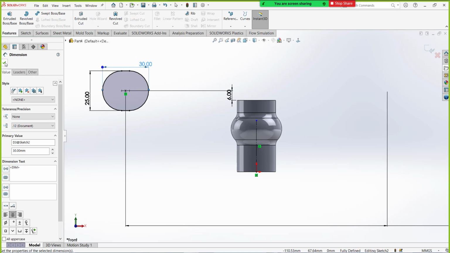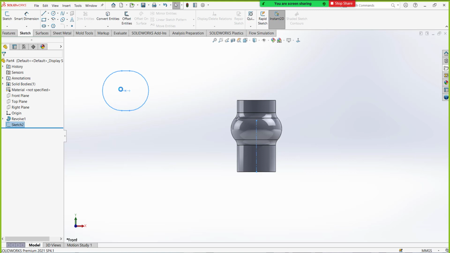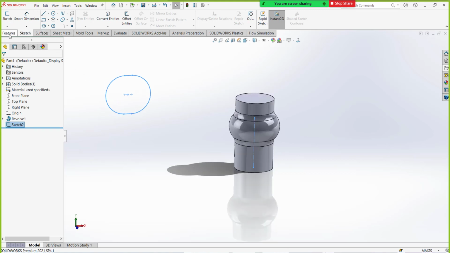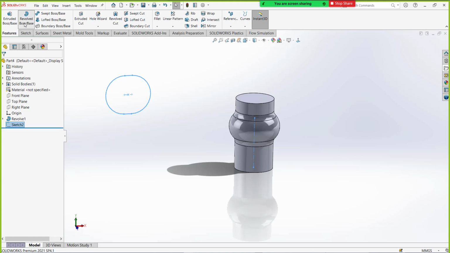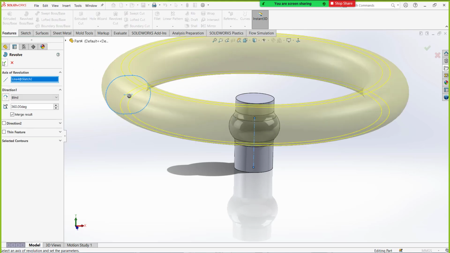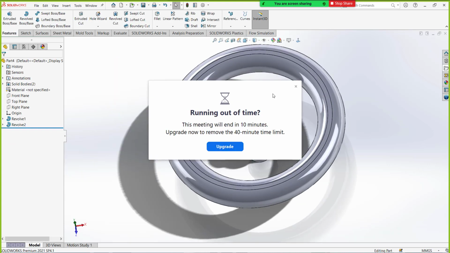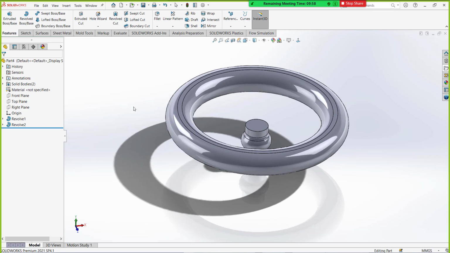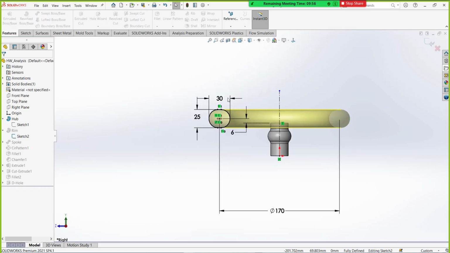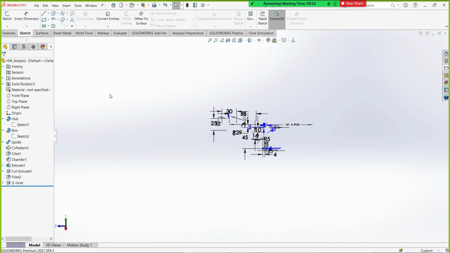Any doubts? Hold shift and select the two arcs. Now I'll add the revolve feature along this axis, 360 degrees. Okay, and the next thing is to deal with the sweep feature.